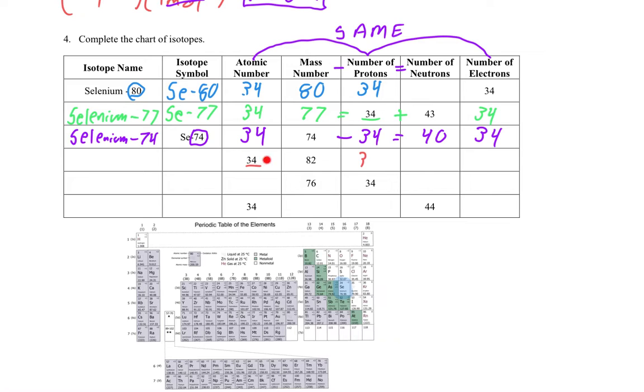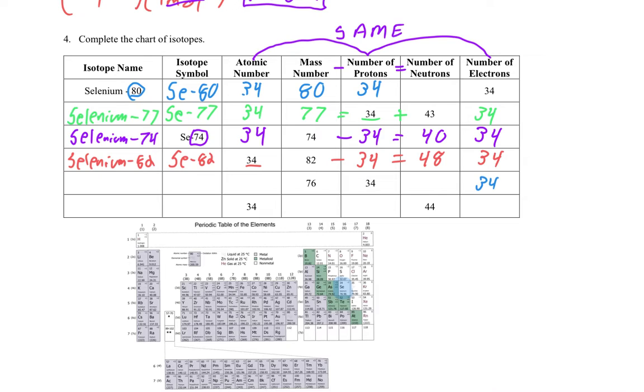The next row, atomic number 34 means 34 protons, 34 electrons. That means we have selenium once again. If I want the neutrons, it's mass minus protons, which is 48. Selenium symbol is Se. My mass this time is 82. Don't forget to put the mass number. The name of Se is selenium, and then we write the mass number of 82